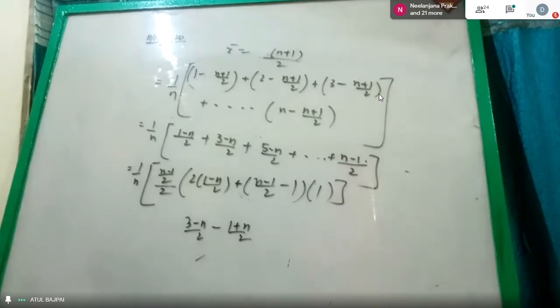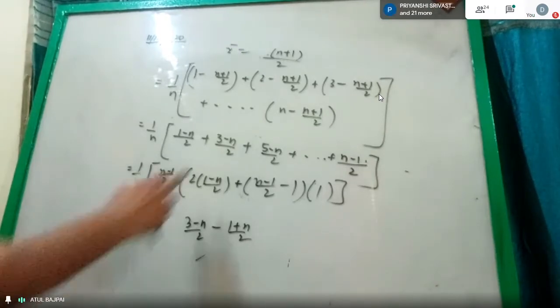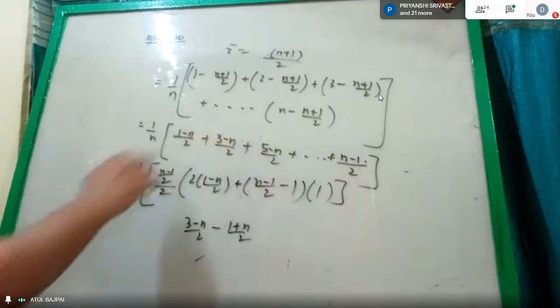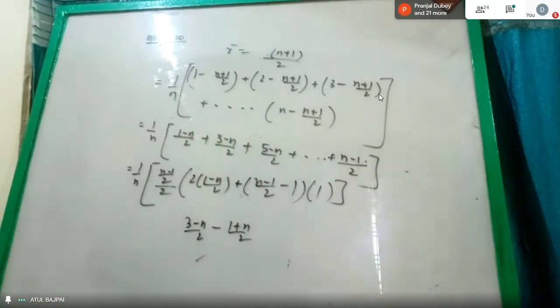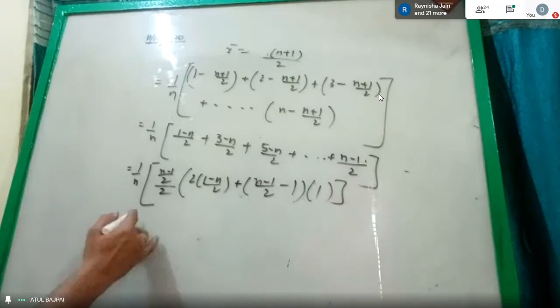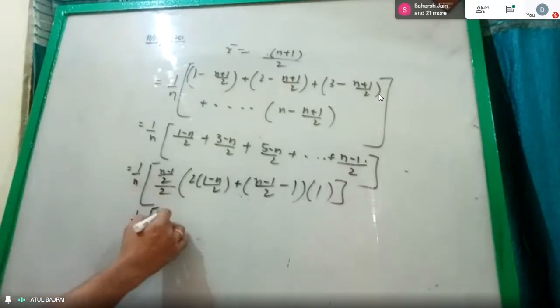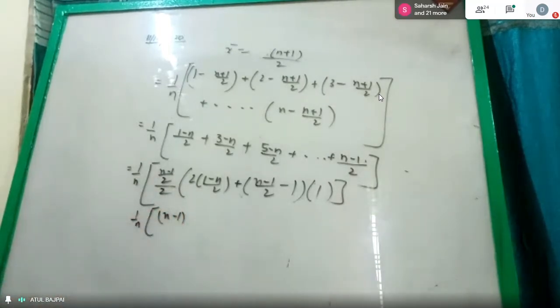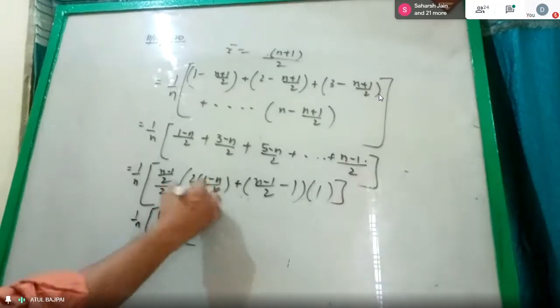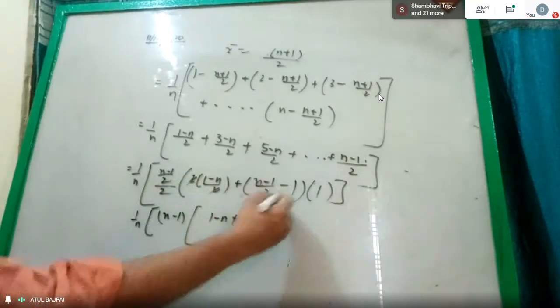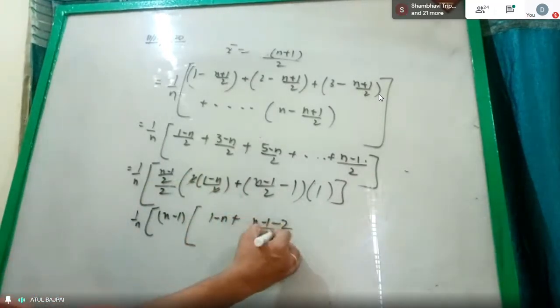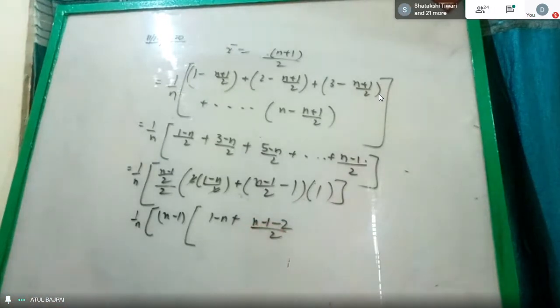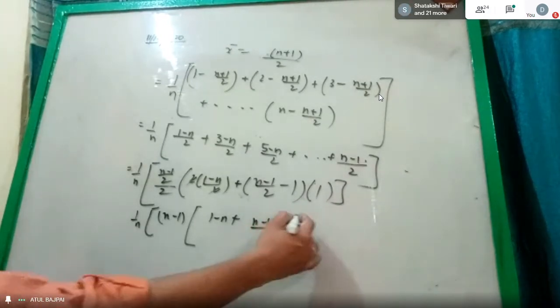Simplify. T2 minus T1 is d, T3 minus T2 is d. Are you simplifying or do I have to simplify? 1 by n. These two get cancelled, minus n by n over here. If I simplify this, 2 can cancel 1 minus n. If I simplify this, n minus 1 minus 2 upon 2, this becomes n minus 3 upon 2.